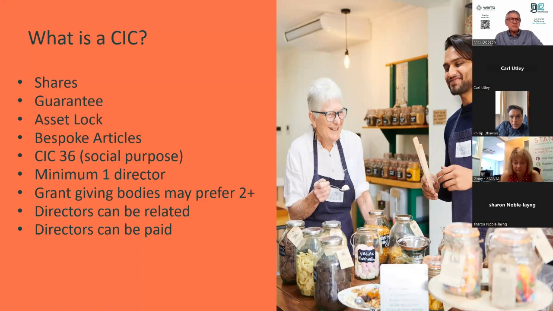The main differences between a CIC and a normal, open quotes, close quotes, limited company is that the CIC has this thing called an asset lock. And also the CIC limited by shares limits the amount of dividend the shareholders can take. In all things, it looks just like a limited company with a social agenda bolted to it. However, your disbursement of dividend to the shareholders is limited to 35%. So you can't share all the profit.